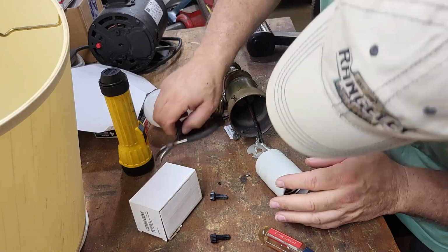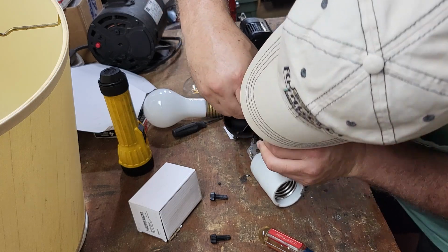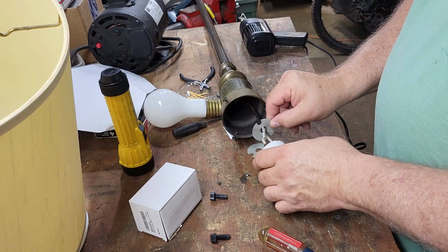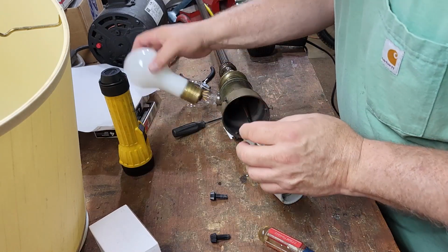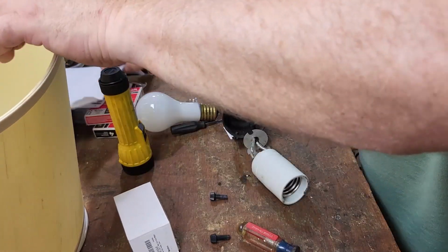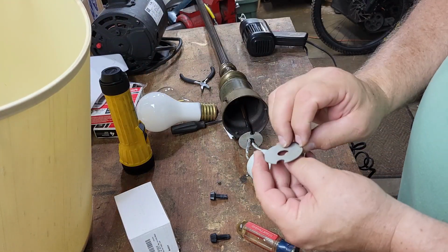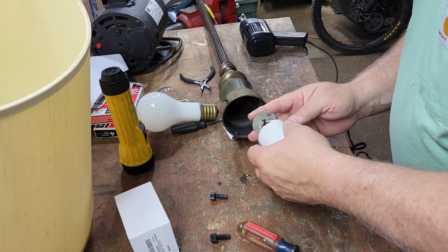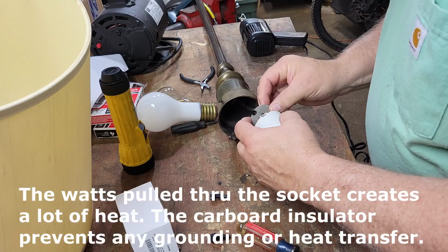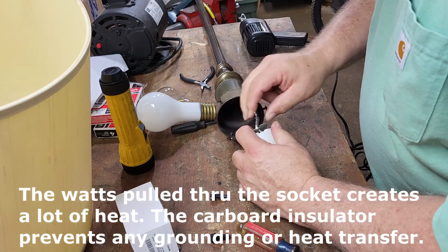One thing I do need is this cardboard. This is the cardboard that comes in the kit somewhere. I put it down. Oh, right here. It works as an insulator. You have to get this up and aligned correctly so when the screws go through,